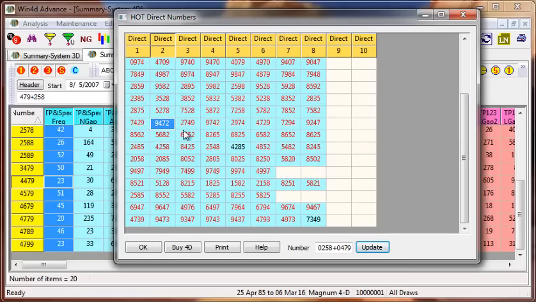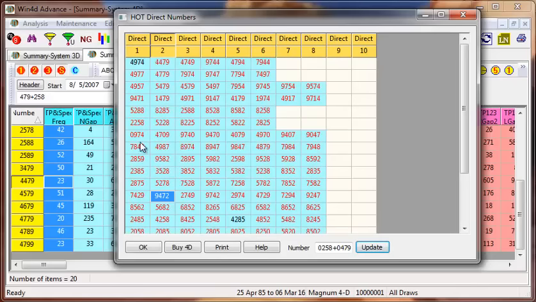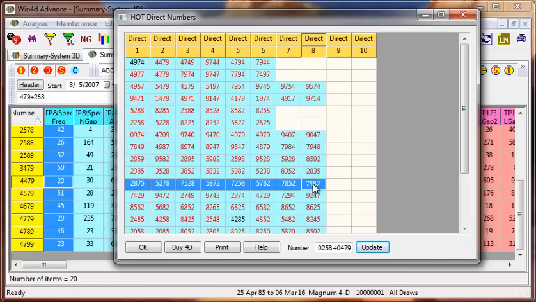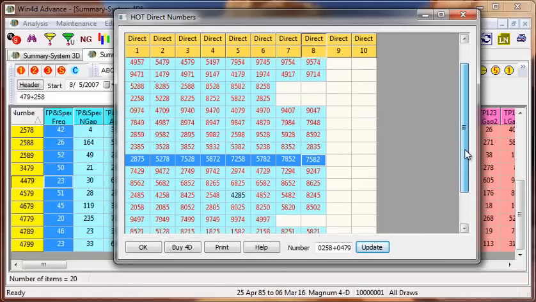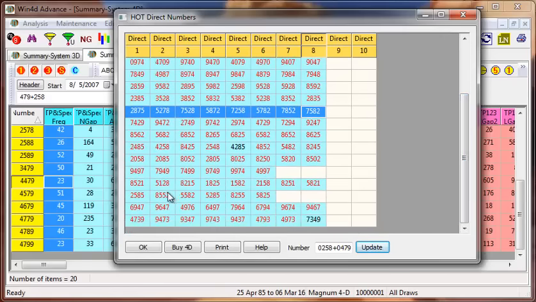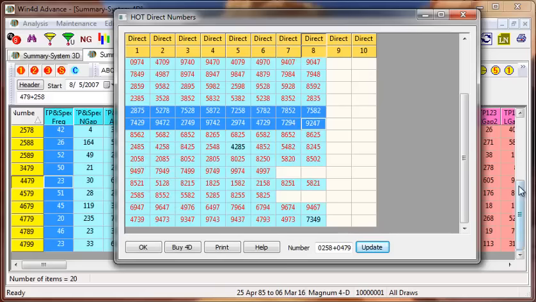I'll show you all the hot direct numbers for this 20 sets of numbers. Alright, just for you. So at one glance, you can see all the 20 sets that are available for you, starting from 4979 and all the way to the last set 4379. However, over here, I personally recommend that you take a look at this number, which I personally feel is this number for the 258, alright, and for the 479 3D, alright, I recommend that you take a look at